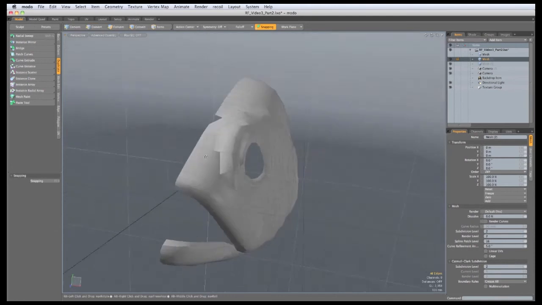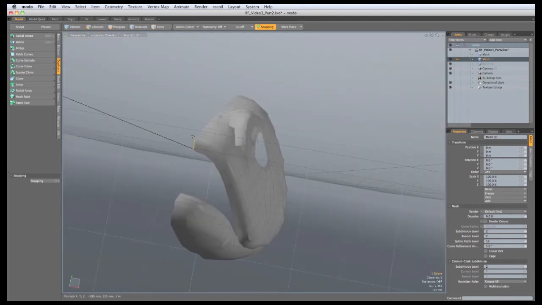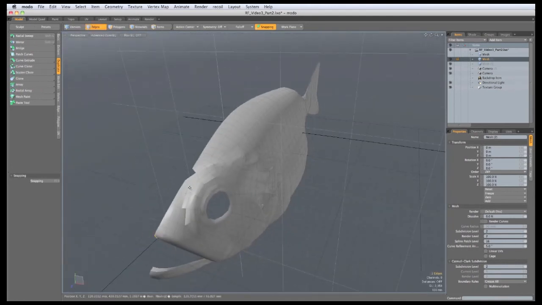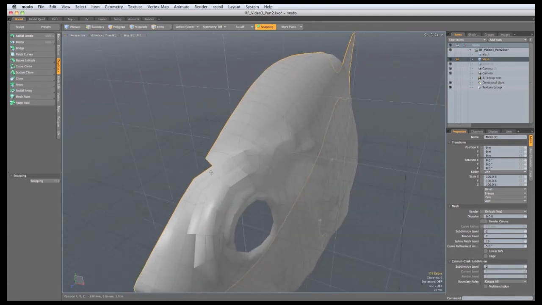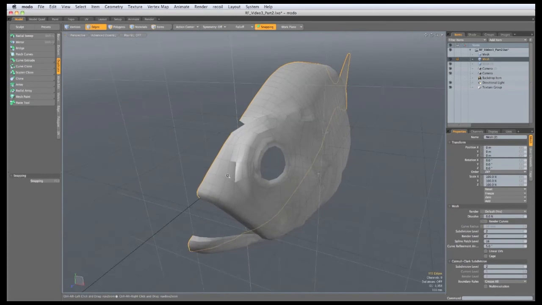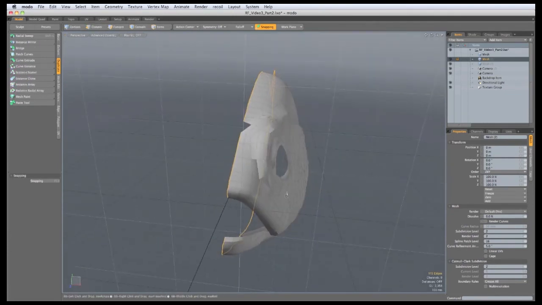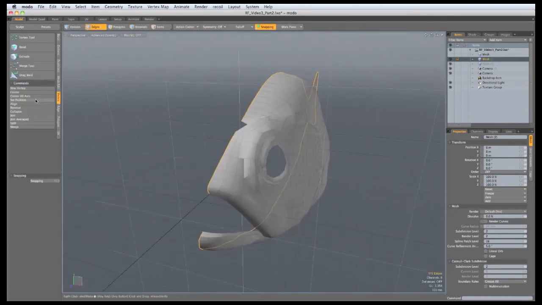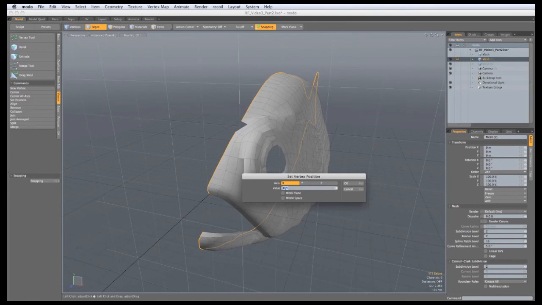So I'm going to hit shift tab, and in edge mode I'll select two edges there, hold down shift and hit the up arrow until that goes all the way around the fish to the mouth there, and I'm going to hold down control and just deselect those two edges. Now we need to make sure those edges are on the center line. So I'm going to vertex set position, I want the value to be 0 and the axis to be X, click OK,